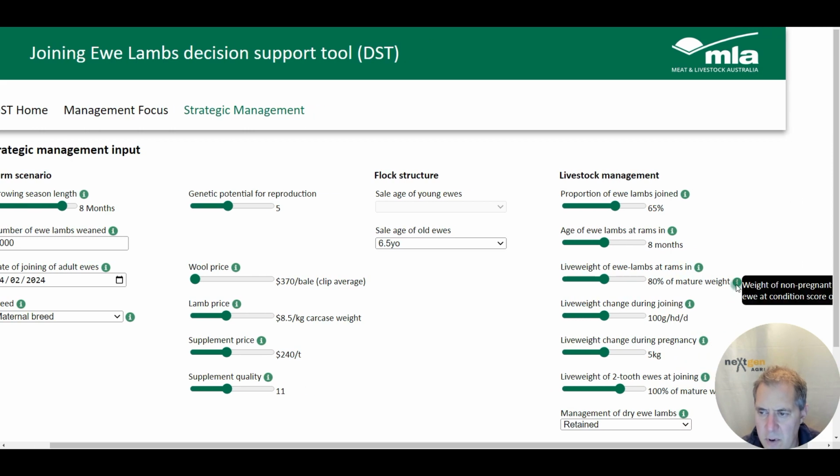The weight of a non-pregnant ewe at a condition score of 3 is the mature weight. So it's a standard reference weight, and then how heavy are they compared to the standard reference rate. So if your ewe lambs are 42 kilos and your ewes at condition score 3 fleece free are 60 kilos, then that's 70% of mature weight. So you get a little bit of a calculation to do there,